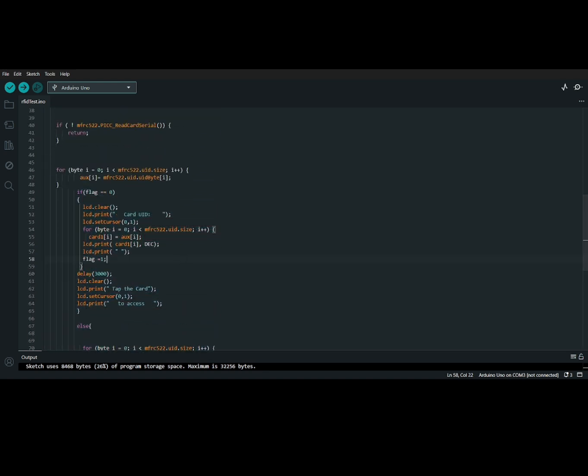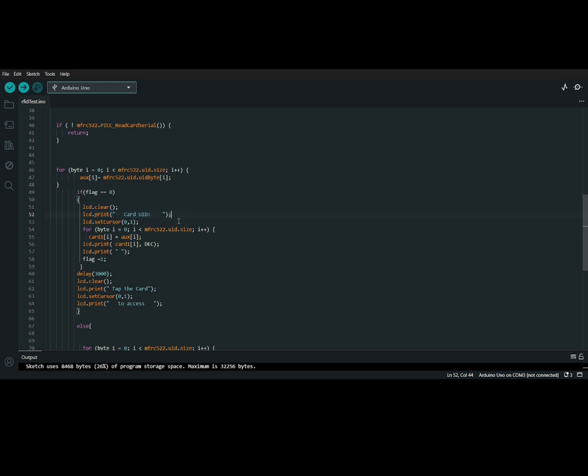In the first if, flag is equal to 0, and then we have lcd clear. This is to clear the LCD, and then it is to print the card UID.